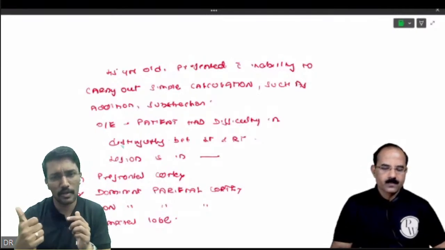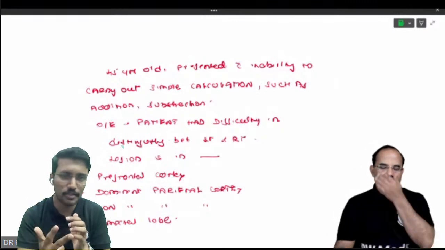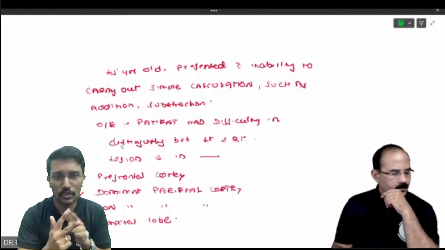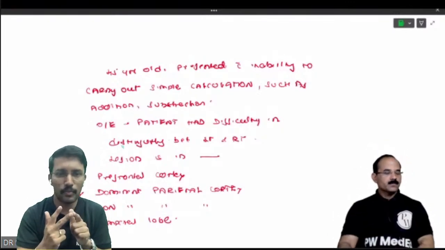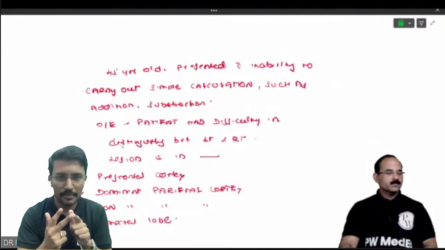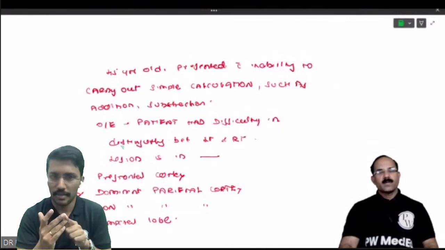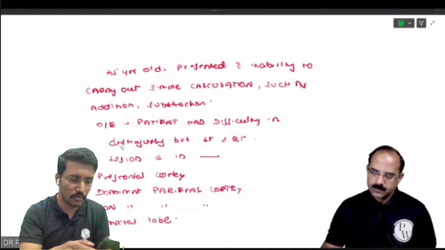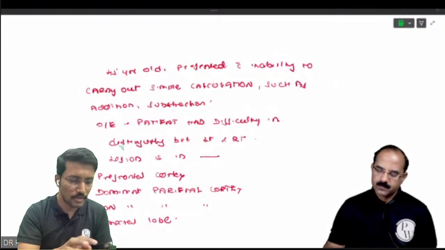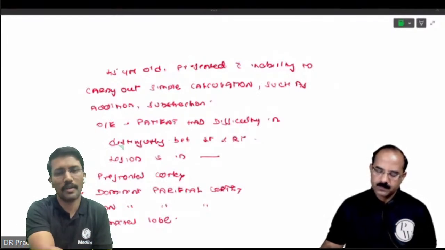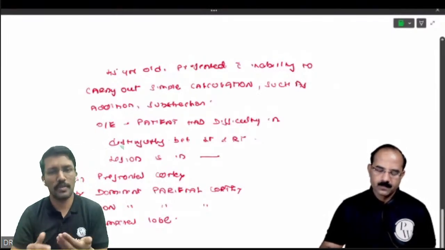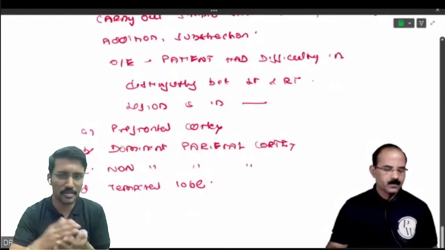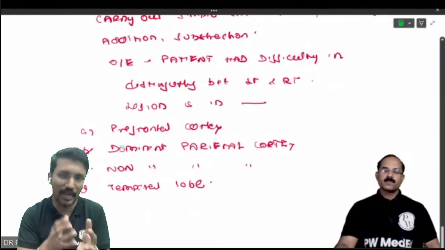If the non-dominant parietal lobe is involved, two important things I ask you to remember. Number one, loss of construction skills, and number two, anosognosia and hemi-neglect, right? Okay. So if I have to go with the other options, just to give you an idea what those lesions are going to present. So if there is a lesion of the prefrontal cortex, what is the change we are going to see? Mostly with respect to personality and behavioral changes and memory disturbances,